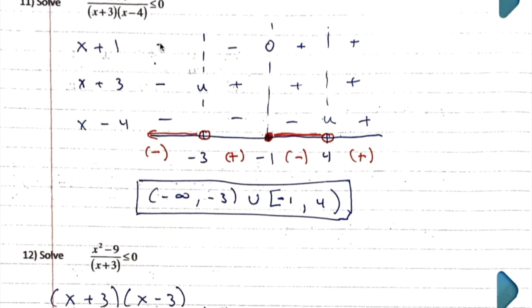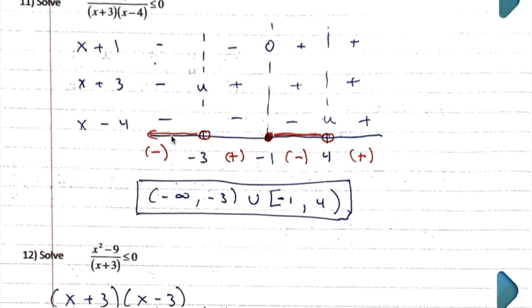So then after that, we have 3 negatives, so multiplying those together would be negative because we have an odd number of negatives. Right here we have 2 negatives and a positive, so 2 negatives make positive. We have a negative, so 1 negative makes negative, and here 3 positives make positive. And remember, back here we are looking for where this is less than 0, and so in that case we